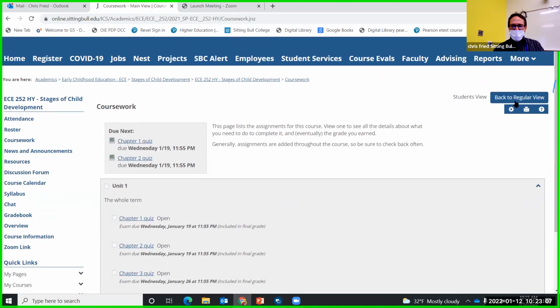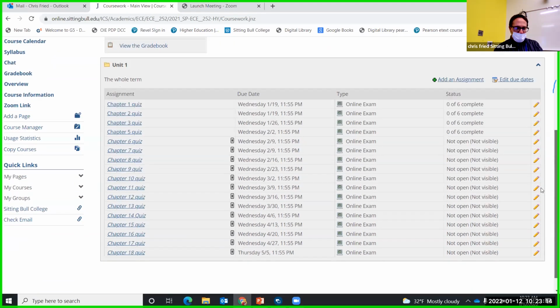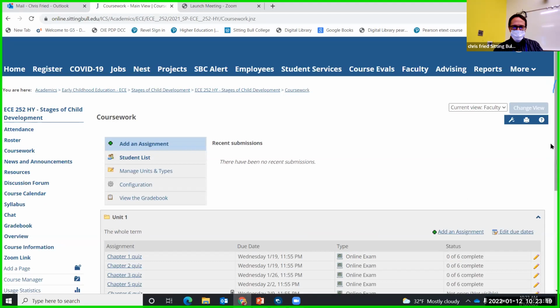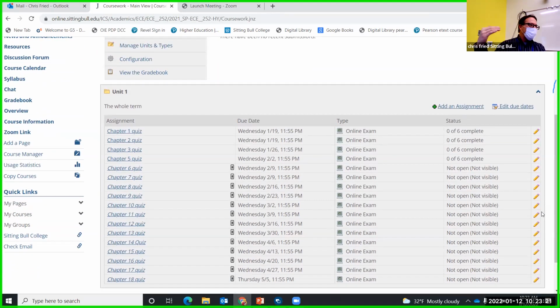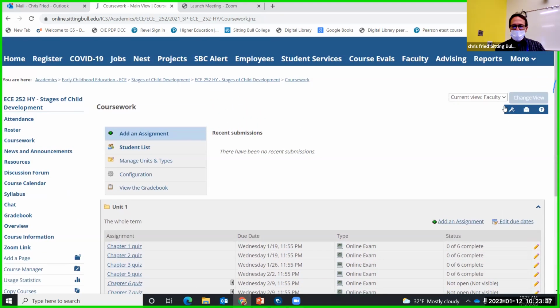If I go back to the regular view, which is my view, you don't quite see it like this, but I've got all of the quizzes in there right now. Some of them I still have to add questions to. But I will also add in those assignments as we move forward. And I will definitely let you know enough ahead of time, 2 weeks, 3 weeks or more, that there's a new assignment coming up, and you should be able to see them as they pop up too. So I'm going to change this back to student view here.